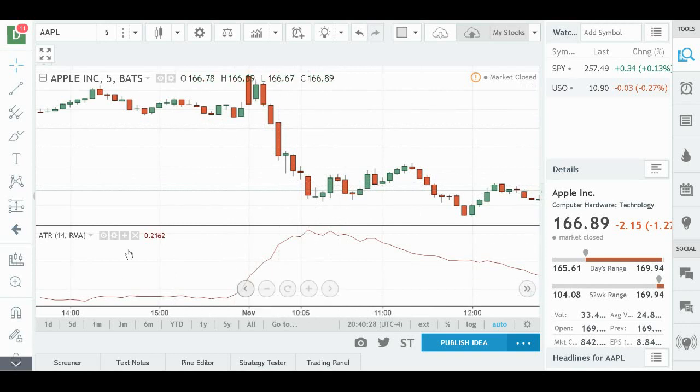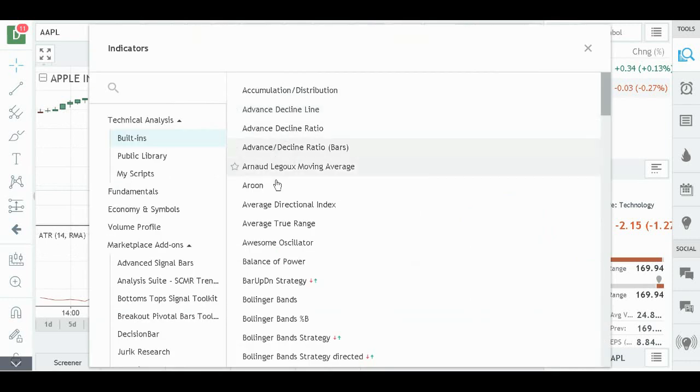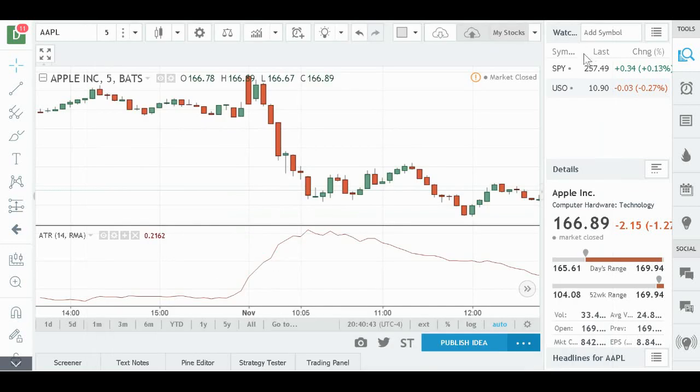And you can see, again, you put on the average true range, and you can do that by going to indicators. It's right here. It's a little chart-looking thing, and you would click on that, and then you would click on average true range, and that would give it to you. All right, and it would put it right here. And as you can see, volatility reached an extreme level.